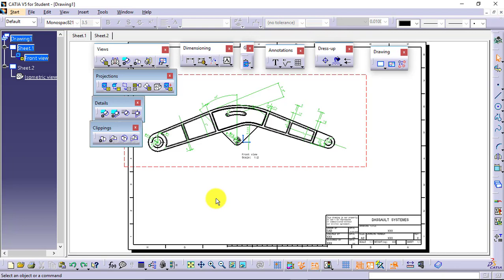Say on that slanted face there is a hole. To define the position of the hole in the drafting will be difficult, because in views like front view, top view, or any other orthographic view, I will not be getting the complete slanted face. I will not be getting the exact dimension of that.